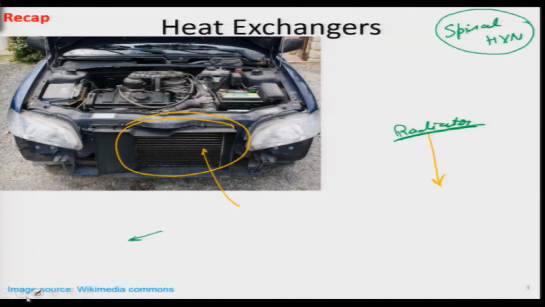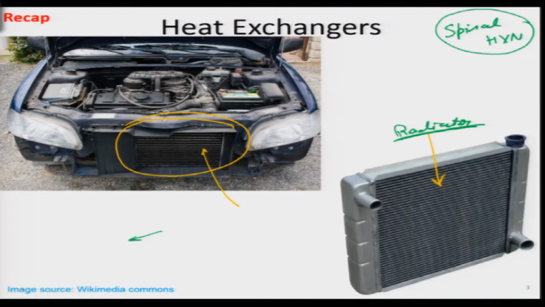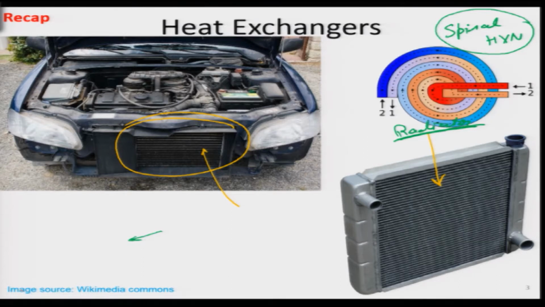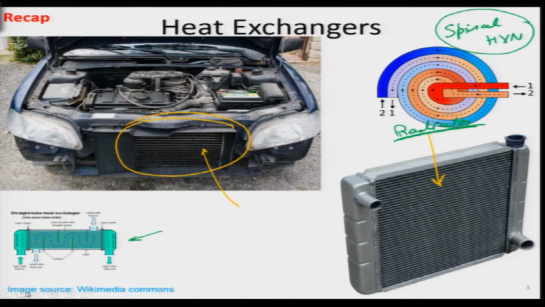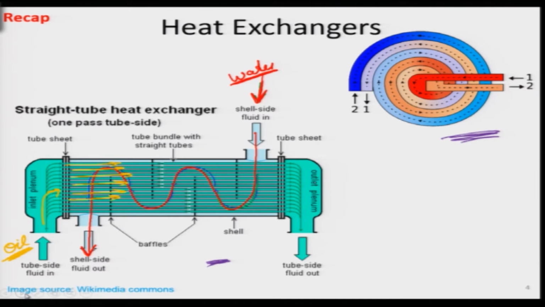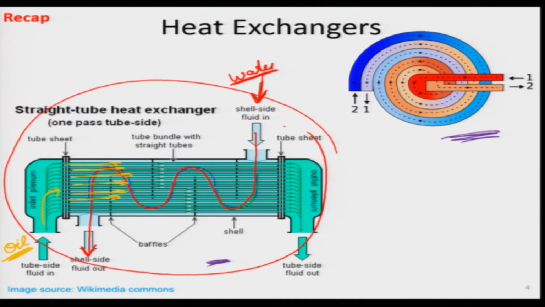So, we started off with the basic background about heat exchangers, some photographs I had shown of the heat exchangers that we are most familiar with. This is the radiator which is present in the car. In addition to that, some interesting designs are also highlighted over here. This is the spiral heat exchanger on the top right, and then we can zoom in on them. This is the shell and tube type heat exchanger. We looked at the functioning of this very briefly, and the spiral heat exchanger as well.